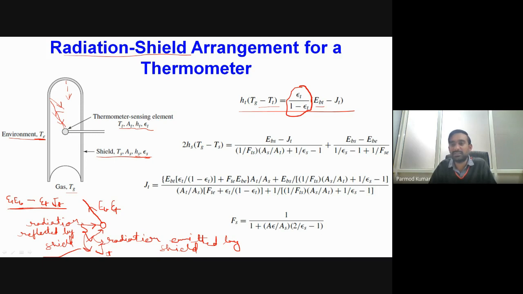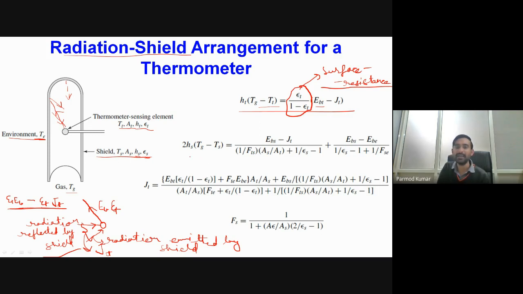So that resistance of the surface is nothing but equal to epsilon divided by 1 minus epsilon, times the area. So this particular term is known as surface resistance. Now I am not showing the detailed derivation of this here, because you have already studied it in your UG course of basic heat transfer, where we study surface resistance. So that is already known from our knowledge of radiative heat transfer in a UG course on heat transfer. So this is the energy balance across the thermocouple.